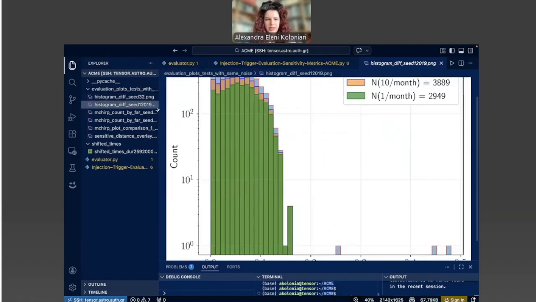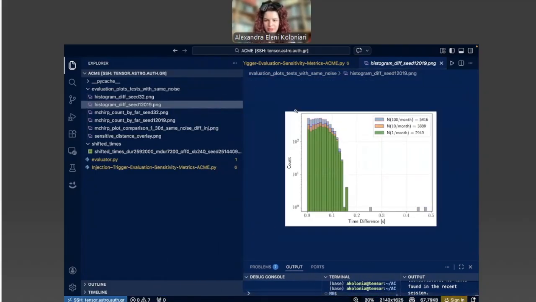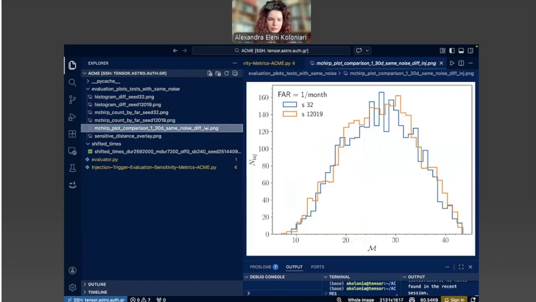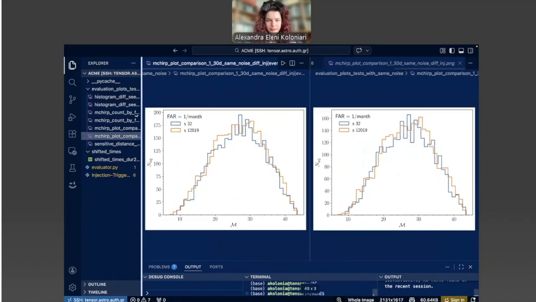And what I want to show you, because those are printed differently, is what happens with the plots, the one near the other. So, for example, now we had this specific plot when we had the events still inside the data, and we have this plot when we remove the events. You see a similar distribution, but if you check the axis, you will see that there is a difference here, because when we remove the events, the false alarm rate changes and we have much more detection.